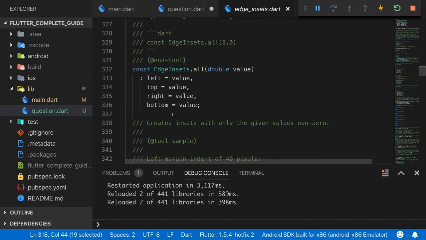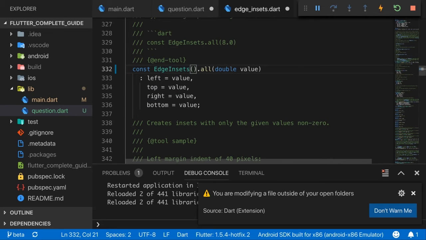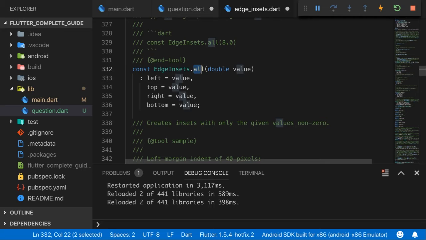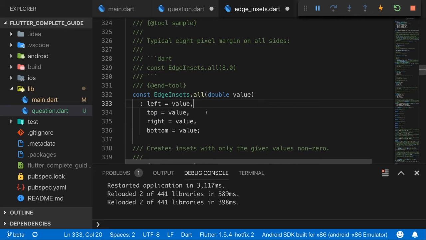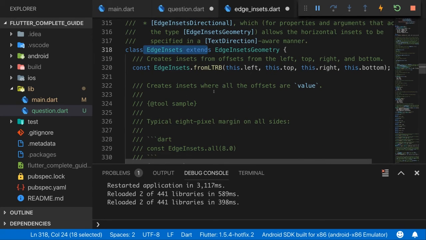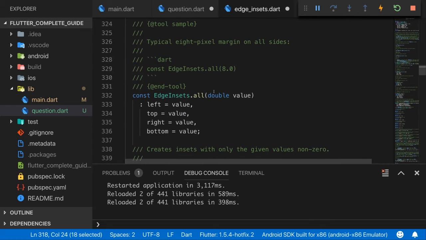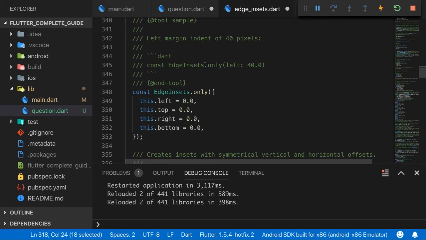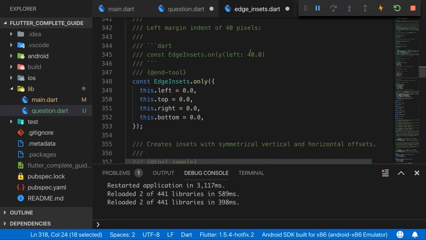Now in here, we see that there are a couple of special constructors here. We repeat the class name, which always means it's a constructor, but then instead of directly adding parentheses thereafter, we add dot some name. And that is a Dart feature which allows you to define multiple constructors per class. Now, without diving too much into the internals here, in the end, that just means that each constructor creates a new instance of this class, but with different configurations, with different settings. And that all is just done to make it easy for you to create different edge insets, which is basically a settings container setting up spacings, setting up different edge insets containers with different configurations with these utility functions here,